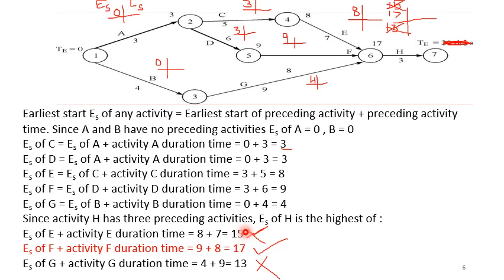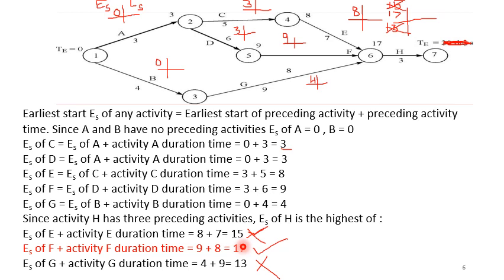So at the end of the 13th day, only G will be complete. So H cannot start. At the end of the 15th day, G and E will be complete. H cannot start. At the end of the 17th day, all three activities E, F, G will be complete. So H can start. So that is the practical meaning of this. So mathematically, yes, the highest value. You can do it mathematically. Just remember the highest value when you are calculating ES. But when you think as engineers, why that 17? All of you should answer that.